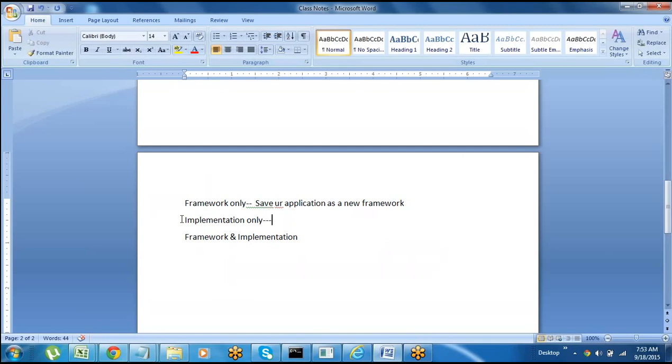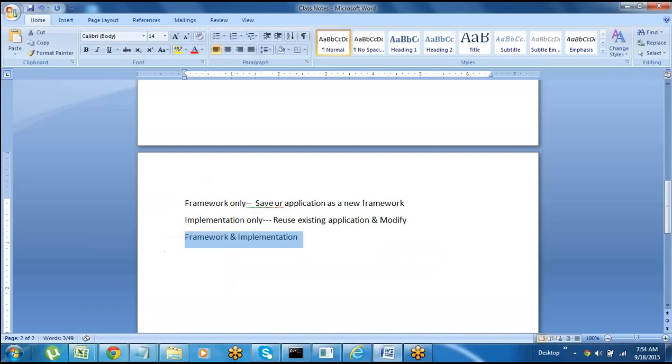So when you want to reuse your application in future applications, you'll choose the layer as framework only. If you want to reuse existing applications and modify them, you'll go with the implementation layer.